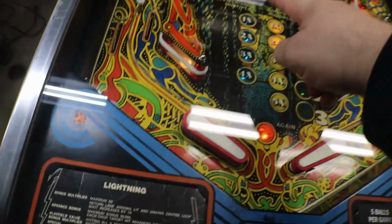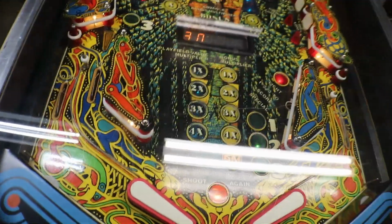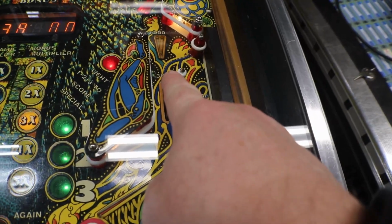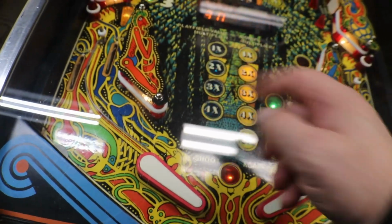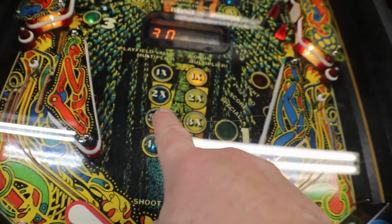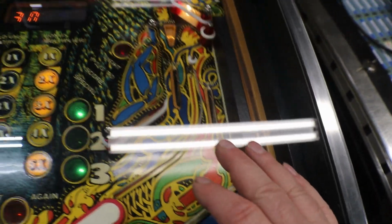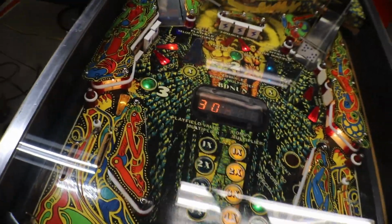And then you hit the loop, go around, and it gives you the playfield value multiplier. So in other words, if you were lit here for 300, 2 times it would be 600. And same with here and your drop targets and all that. Everything, and then 2 times, 3 times. So if you were on 3 times and you run down the out lane for 10,000, you get 30,000. So you can move up pretty quick if you can get all 9 of those drop targets, which